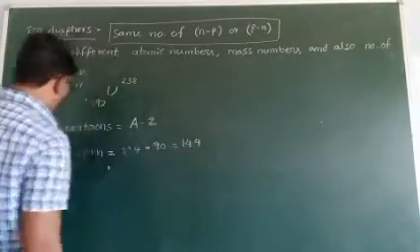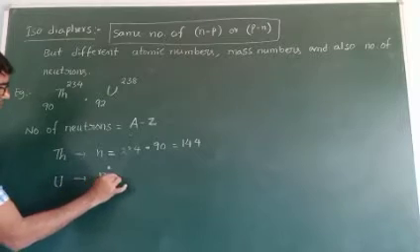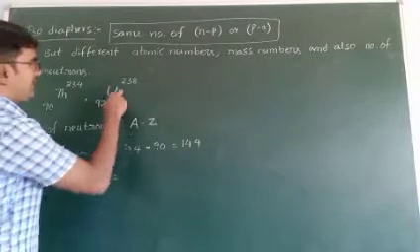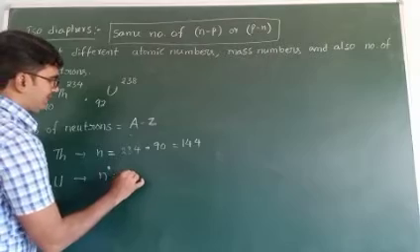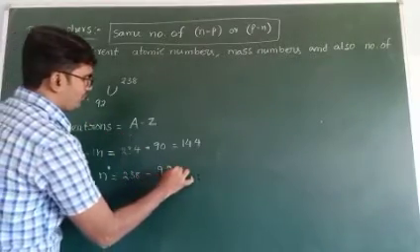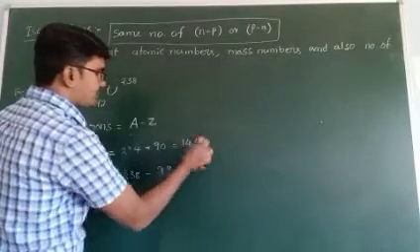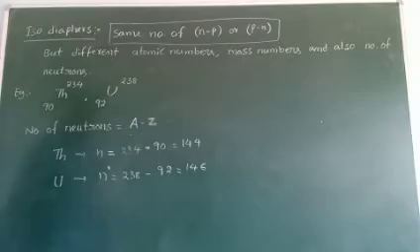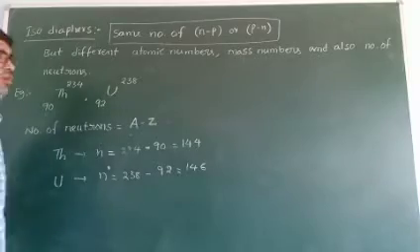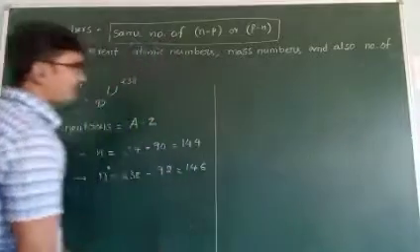144. Now for uranium, N is equal to A minus Z. Mass number is 238 minus 92. So it is 8 minus 2, 6, 146. So the number of neutrons is also different here. The number of neutrons are different, so